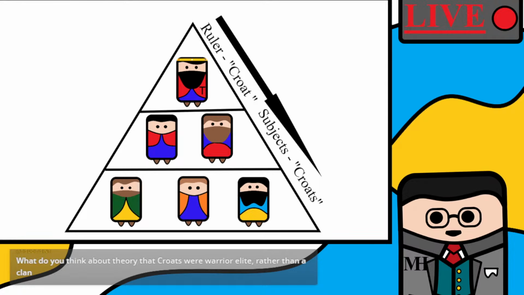I think that is one of the valid interpretations if we take the theory that the term Croat was used to denote a sort of warrior profession or a warrior class, and then that it spread to the rest of the populations as depicted here. I think that is something that would hold water, because you do get the name Croat in the